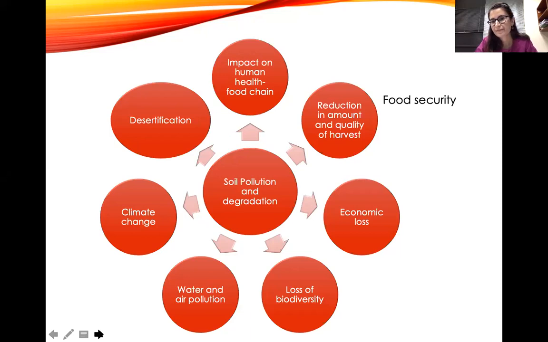This time I thought that from the economic point of view, if the soil is polluted, then if we think about it from a construction point of view, if we construct a house or any sort of building, it can